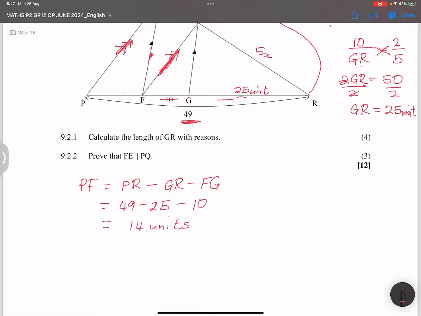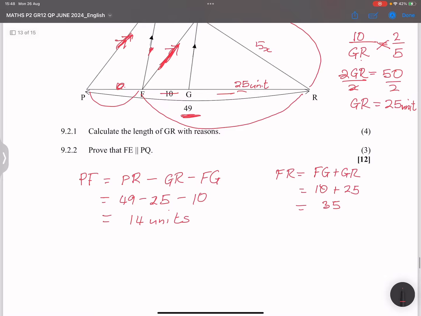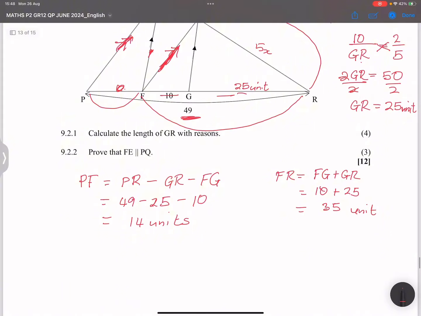All right, now let's check. If I took the ratio of PF over FR. Now we know that FR would simply be FG plus GR, right? So that means it's 10 plus 25. So that's 35 units. So let's find out the ratio of PF divided by FR. So this would be 14 units divided by 35 units. And look at this, 7 goes into 14 twice and into 35 five times. So I get a ratio of